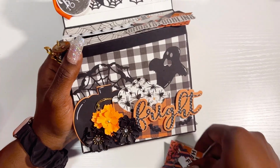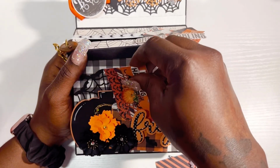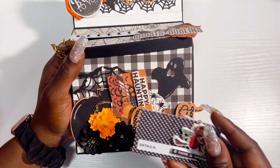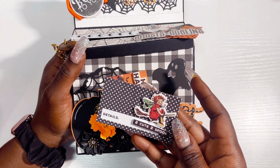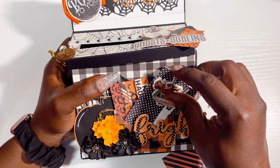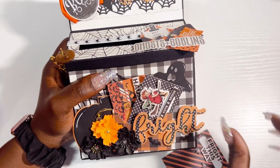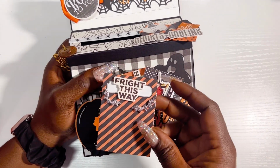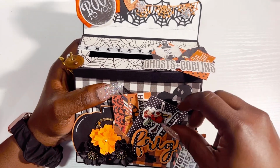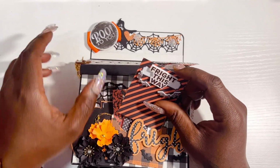of the envelope. So we have Happy Haunting. These are just cut aparts from the collection, just to add a little oomph to it. And then this one says Too Cute to Spook, with the little girl on the witch's broom. Get back in there, cooperate. There we go. And then this one just says Fright This Way, with the bats on there. So it's just a fun little thing to add